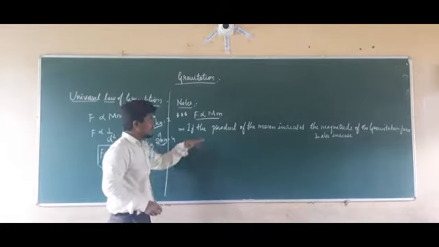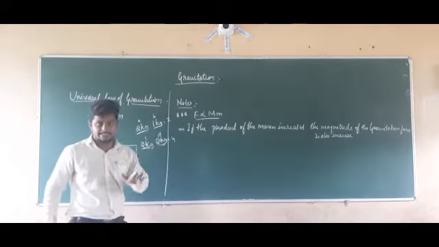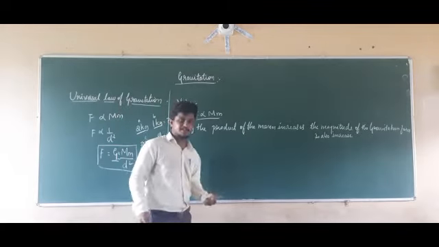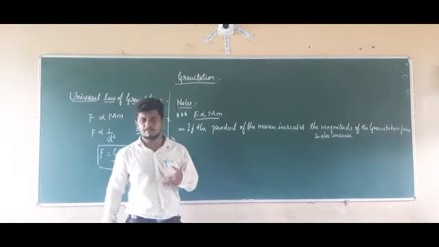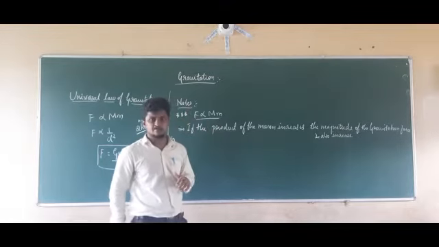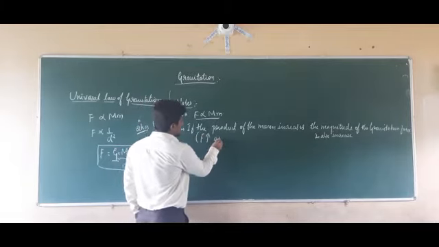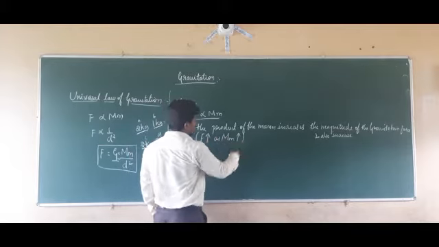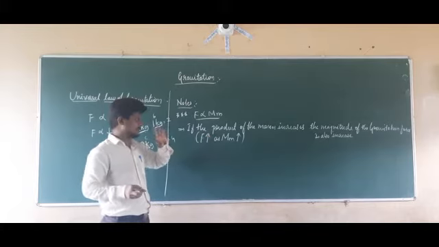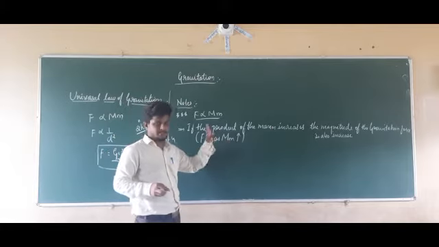So we have to check like this. If the product of these is going to increase, then the magnitude of the force is also going to increase. If heavier objects are there, the force will be more. If lighter objects are there, the force will be very less. For that reason, F is directly proportional to the product of the masses. In short form, to remember it, you can write that F, the gravitational force, increases as m into m increases.